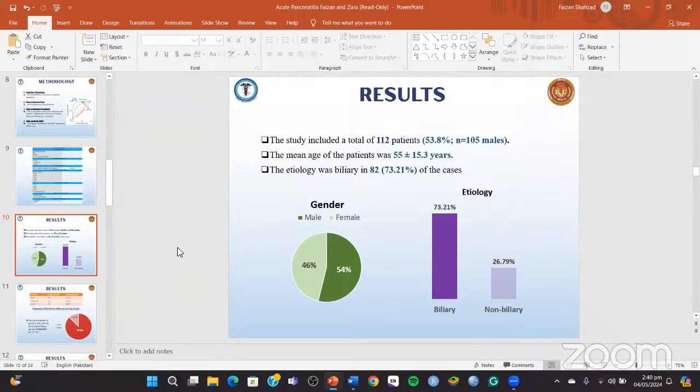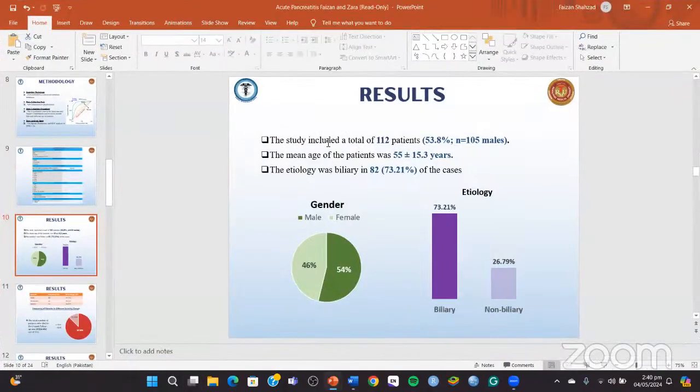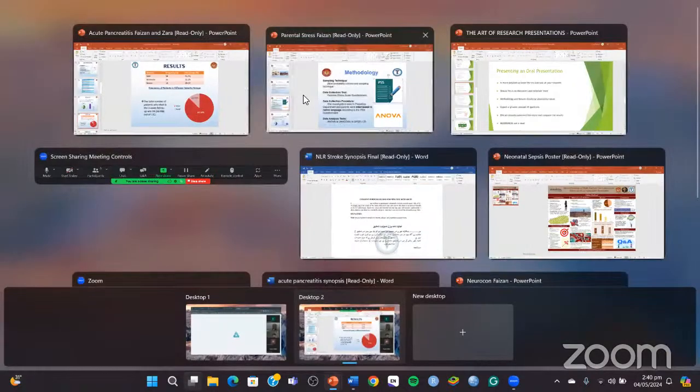Now the results. The first thing that you're going to do with results is explain the demographics. As you can see, the total number of patients, the age, the gender, the etiology, etc. Then you're going to come towards the disease severity or the disease mortality, which in this case we presented both of these. In terms of a cross-sectional study,